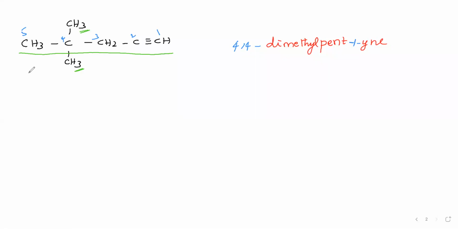Okay. Next, we'll see about diyne. In diyne, "yne" means triple bond, and "di" means 2 times present. So diyne means the triple bond is present 2 times. Now we will take an example for this: CH3, C triple bond C, single bond C, triple bond CH. We have taken it like this.